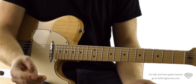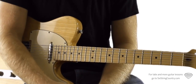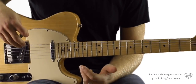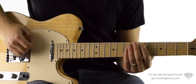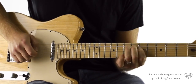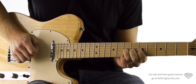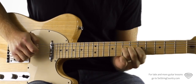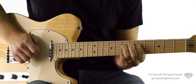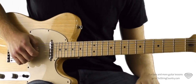So if we mix all those 3 things in, you know, this tutorial's not specifically about any of those 3 techniques, but if we can mix those in to what we're doing with hammer-ons and pull-offs, we can really start to make it musical. So, you know, instead of, you could go, that's just all in the same frets. But what sounds better if we go,